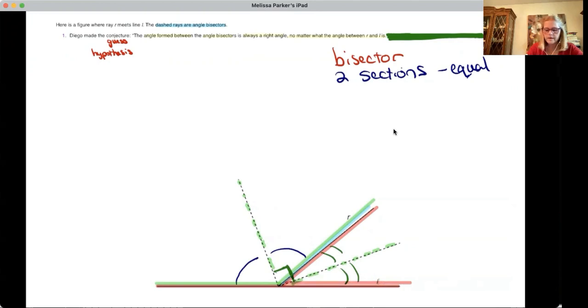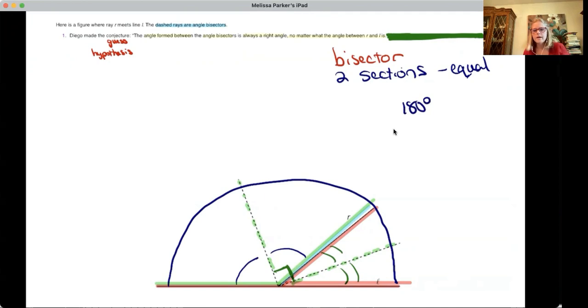Now, what do we know about a linear pair? We talked about this in the bell ringer, and we've discussed it for a while. So we should know that they always add up to what? 180 degrees, okay? 180 degrees, good. That's going to be their sum. So the left angle, the green angle, plus the red angle at the bottom are going to have to total